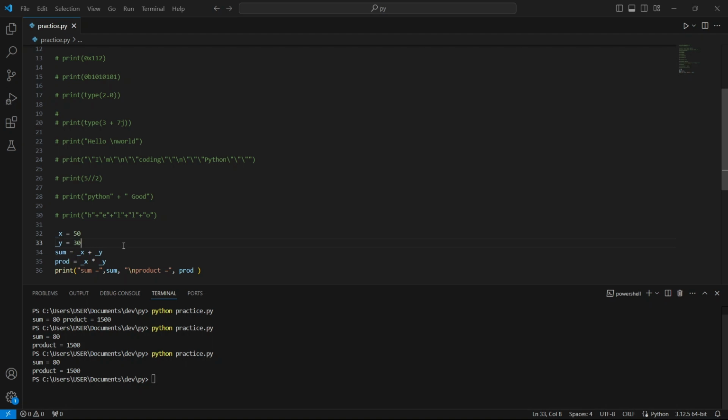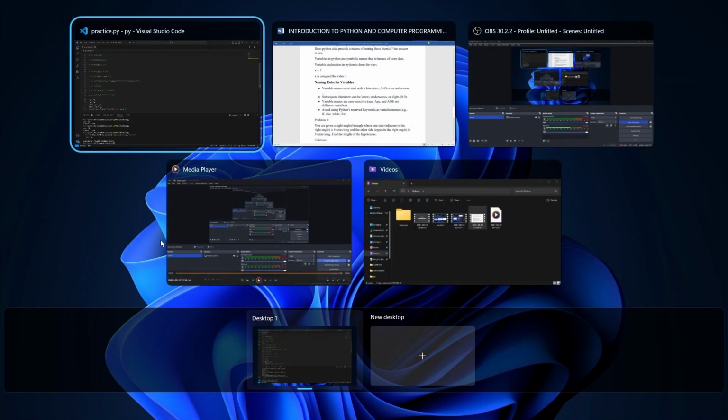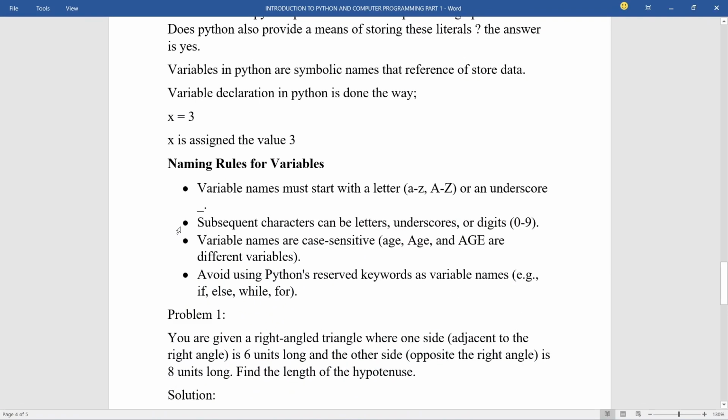Now, what if I decide to use a number? Let's say 9 first. Let me just run the first code and show you what it will write. The first one, you see, it's showing a syntax error, invalid decimal literal. So it's seeing this thing now as a decimal literal. You understand? So when you are naming variables in Python,